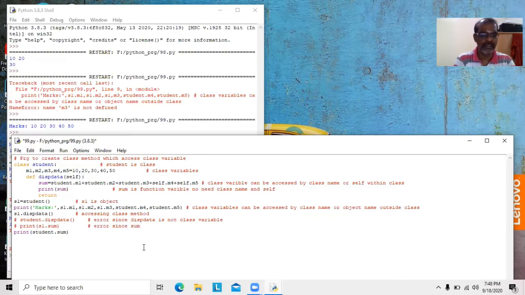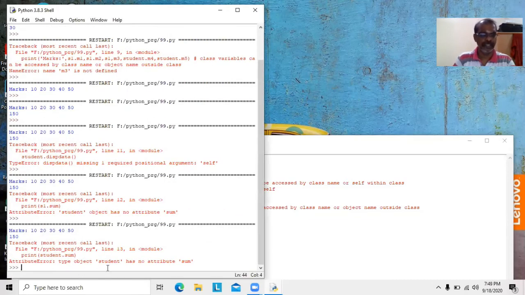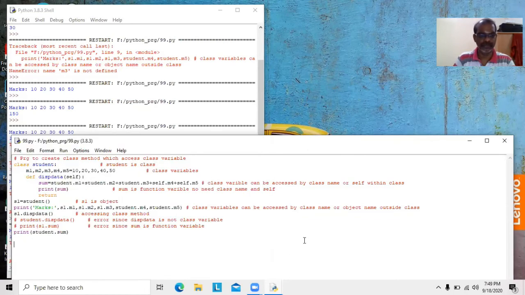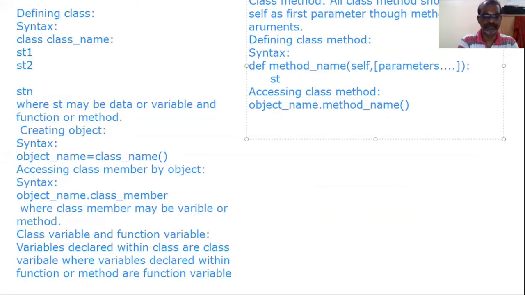Since sum is a function variable, you will see this one. Again error: Student has no attribute sum, since sum is a function variable. Okay. Thus, we can conclude that